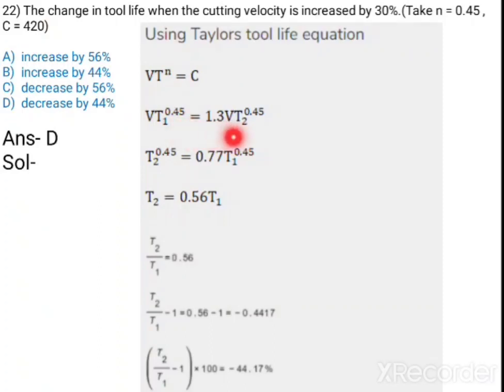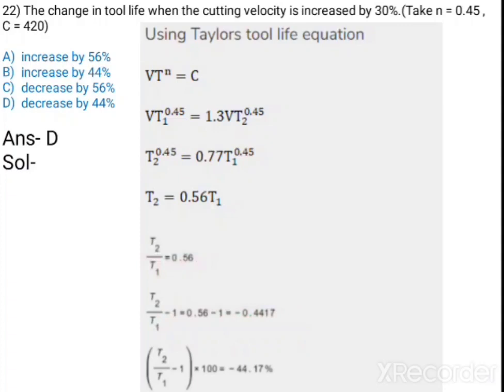So here it is 1.3 times V, T2 raised to 0.45. So V gets cancelled. What will remain here? T2 raised to 0.45 is equal to 0.77 times T1 raised to 0.45. Just simplify this, you will get T2 by T1, that ratio is 0.56. And what you have to find out, the change in tool life, that is nothing but T2 minus T1 by T1. So you will get T2 by T1 minus 1. So 0.56 minus 1,